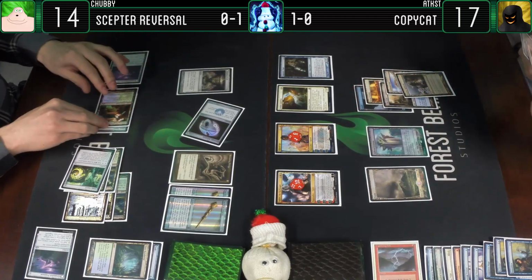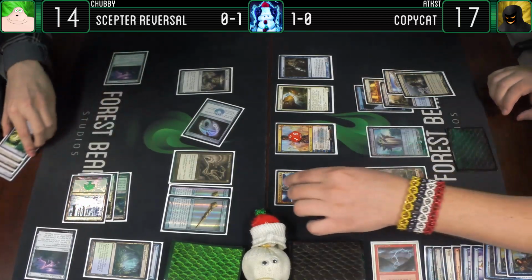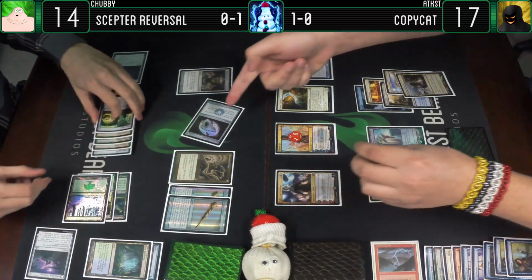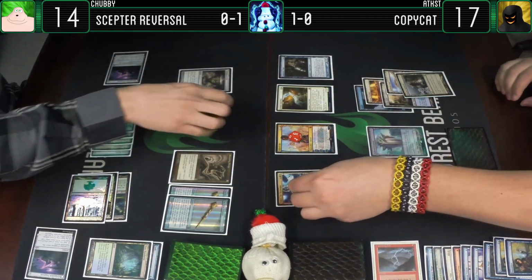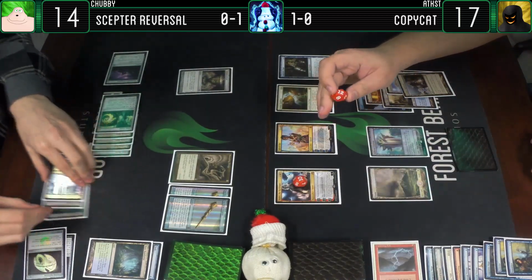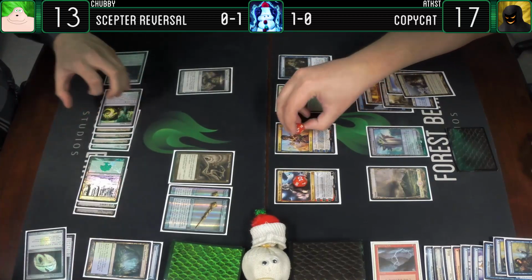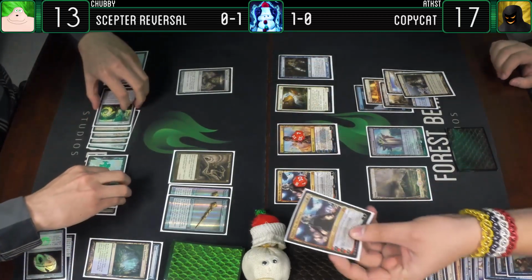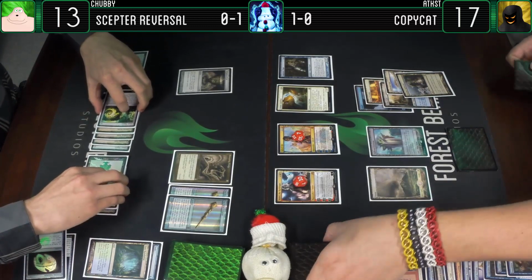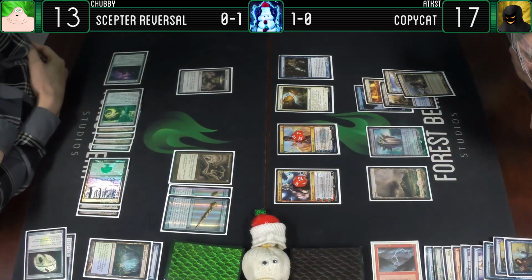Untap. Draw for turn. Go to 10 to exile that. Cuts my clock a little. It does. That's the important bit. And then we'll go up to deal 1 damage to you and scry 1. 13. To the bottom. And...